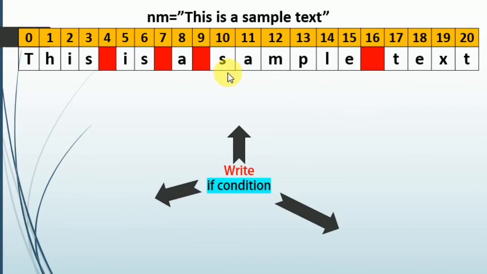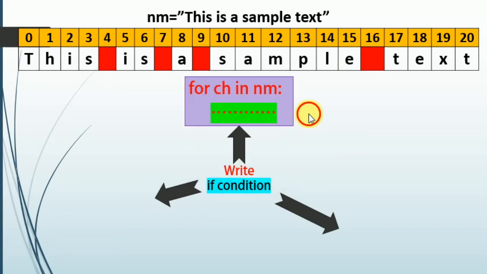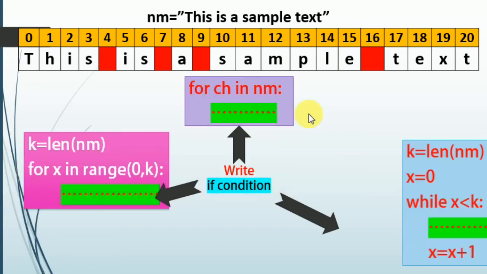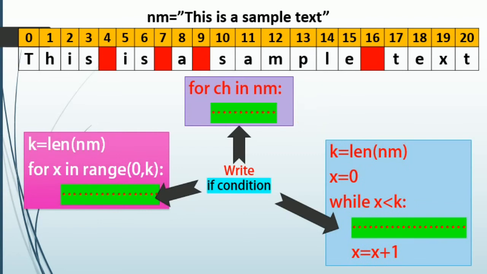Here is the same thing I'm using, nm equals to, this is a sample text, and it is already given there. Now this is the line. Because I removed that line, it is going to show you where you are going to put the if condition. So I put a fill up, and in this fill up you have to fill the if condition. So this is the concept that you need to learn, that in the case of all the three questions using all the three loops, this is the line where you have to put the if condition if you want to check, because ch is going to give you a single character.